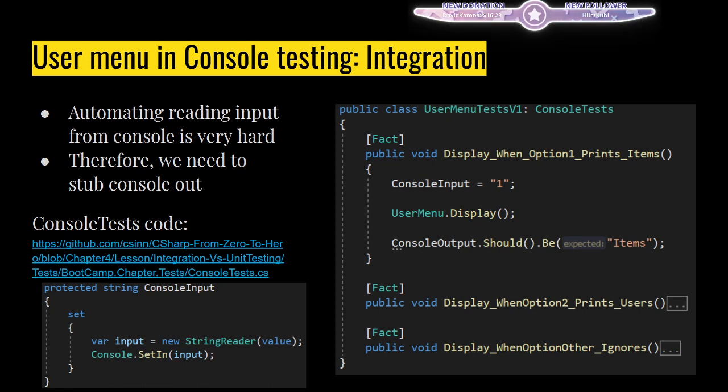And thus, when we call readline, it gets that number 1, the string 1, and in console output, which is also faked, which now moves the output to the file, writes the output to the file, it prints items. We run the test, we see it green, it worked. But note how much more knowledge we had to know